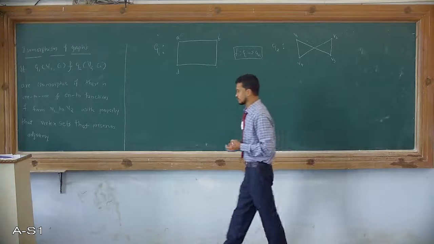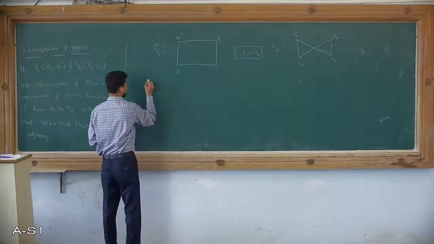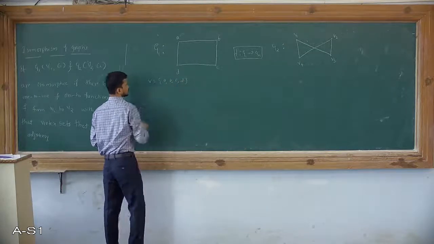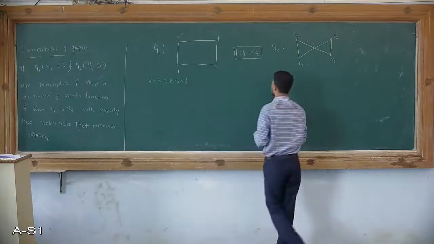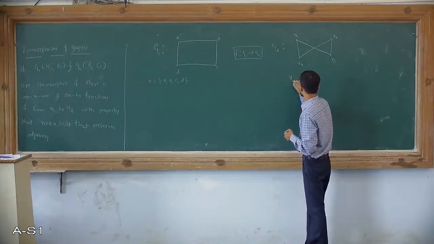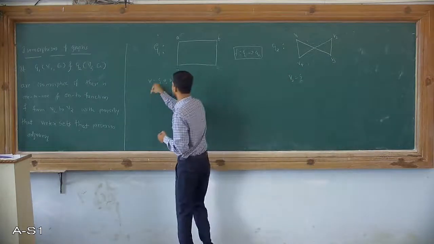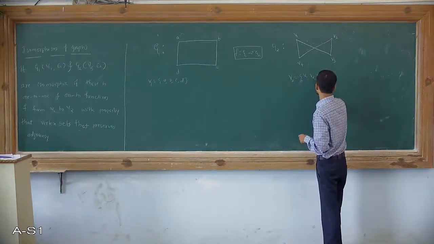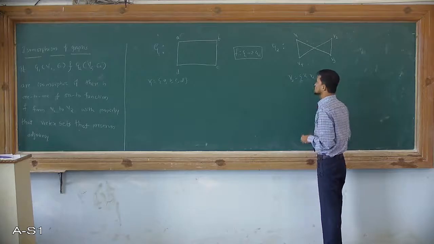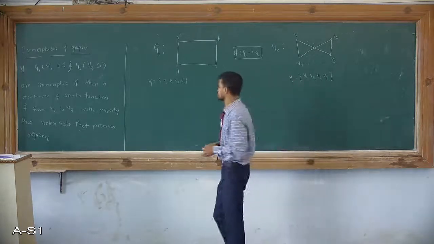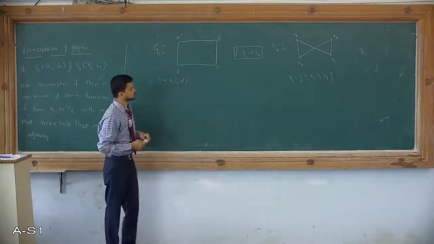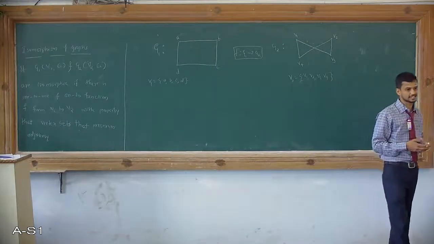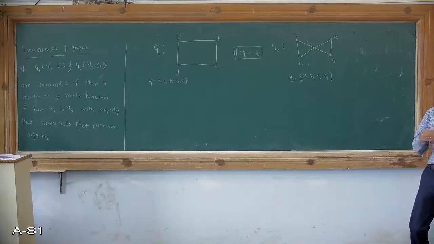What are the given data we need to write down for the first graph? The vertex set is A, B, C and D. Here the edge set is not necessary, so I am not writing it. It is vertex set V1, and vertex set V2, because in the definition I am using V1 and V2, is V1, V2, V3 and V4. If you try to link one by one, if I take A as vertex V1 and B as vertex V2, here AB is connected, but V1 and V2 are not connected. So we can't say just by visualizing that these two graphs are the same.